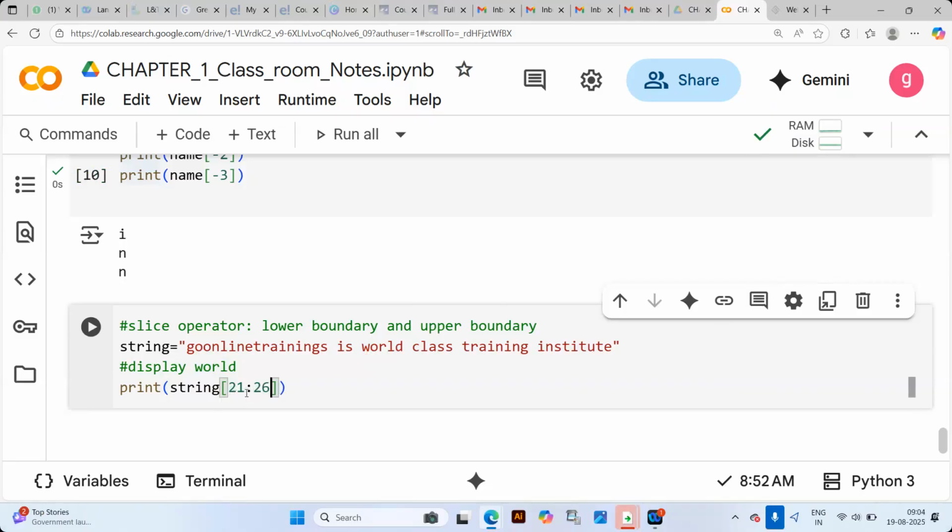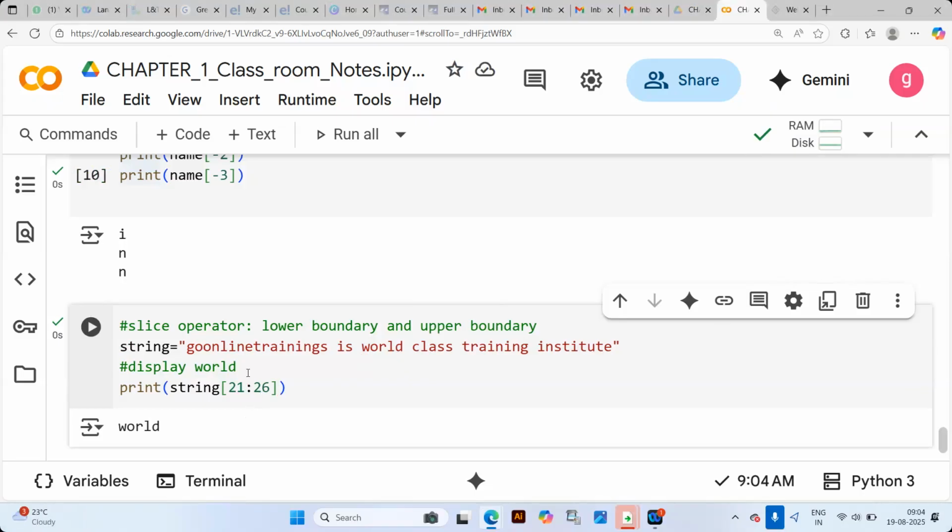So 26 is always deducted by 1 because it goes up to n minus 1. Let's see what output is displayed. Absolutely, world is extracted as a slice of the particular part from the large string. So this operator is called the slicing operator, which expects a lower boundary and an upper boundary.